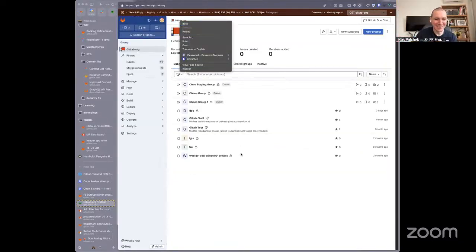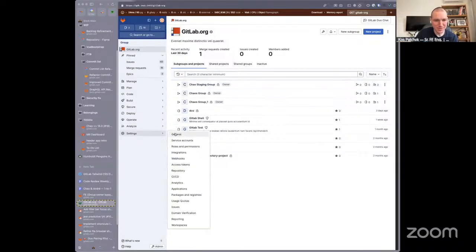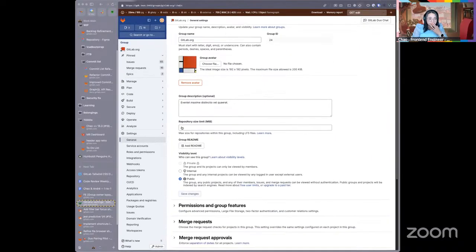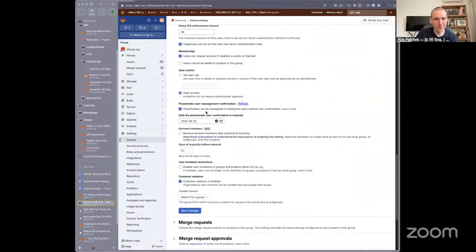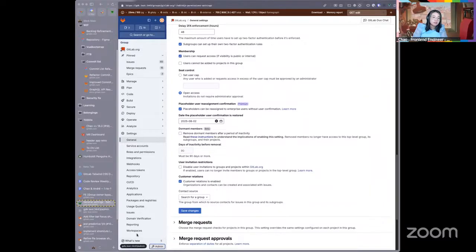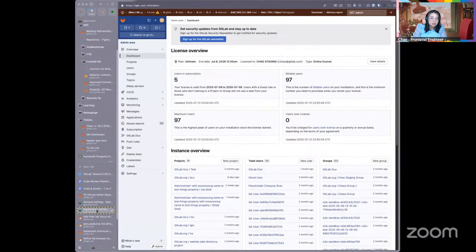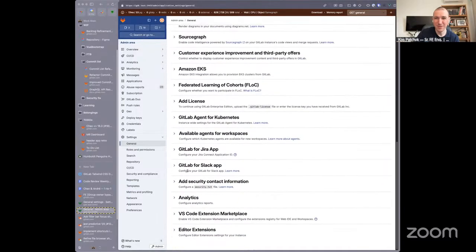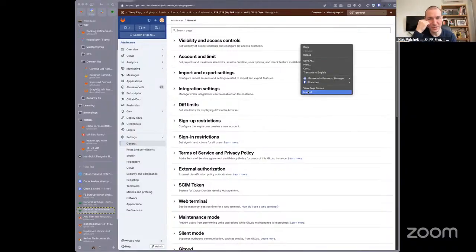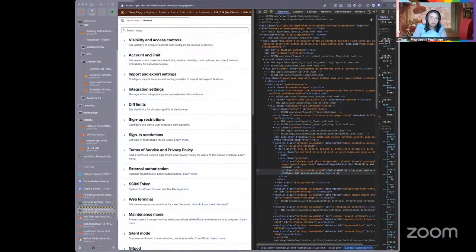Can you open the admin settings for a sec? No, the admin, this guy, instance admin. So I think some of these are rendered actually fully on the front end, if I recall it right. So we have this kind of discrepancy that